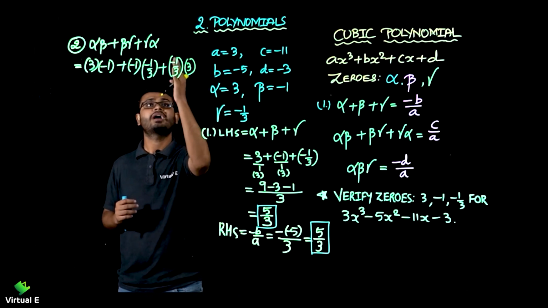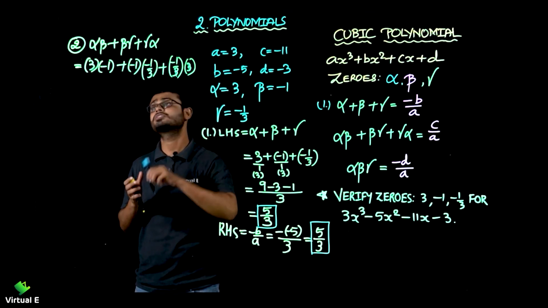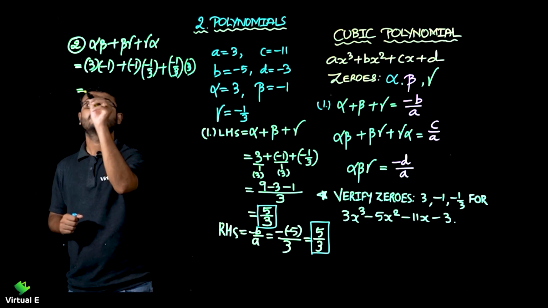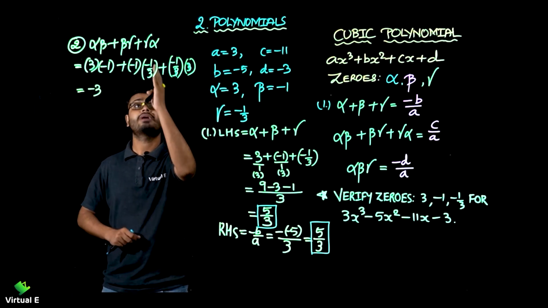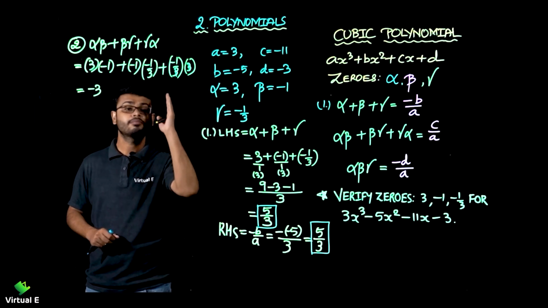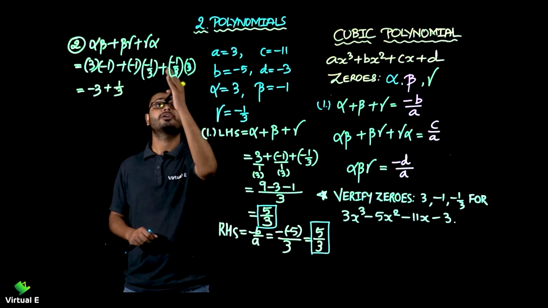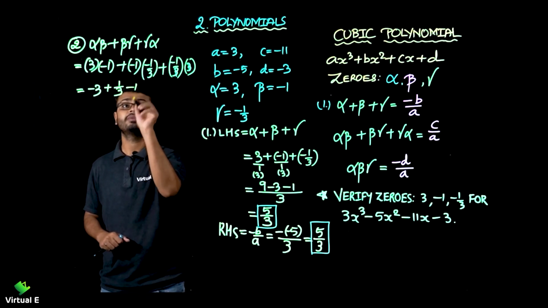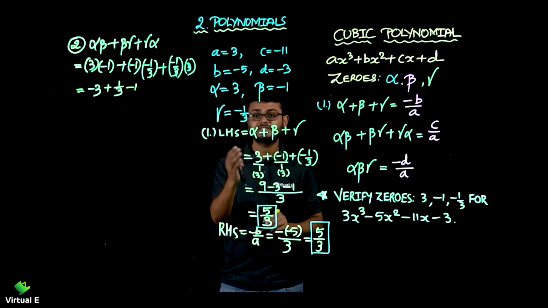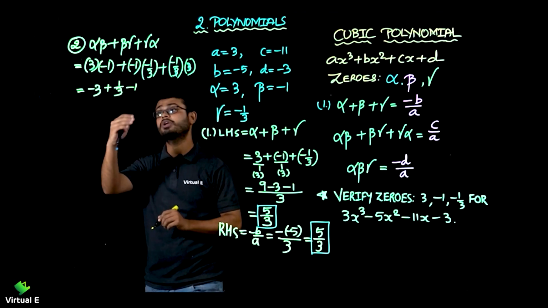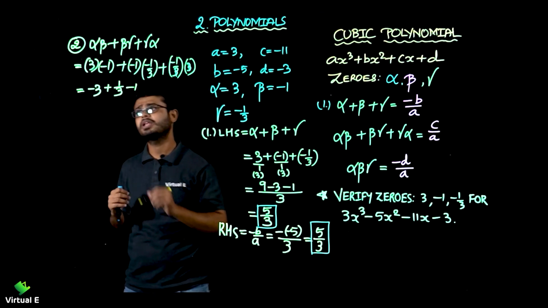So you can see minus 1 over 3 and 3 will get cancelled. Let's simplify it. 3 into minus 1 will give you minus 3. Minus 1 into minus 1 over 3, minus minus will be plus, so that is plus 1 over 3. Then here plus into minus 1 will be minus 1. Again we are getting the same situation as in the previous one, so we are going to take the LCM. LCM will be what? 3. There is only one denominator.